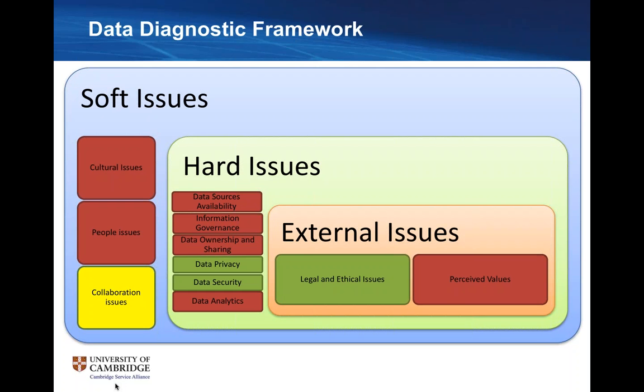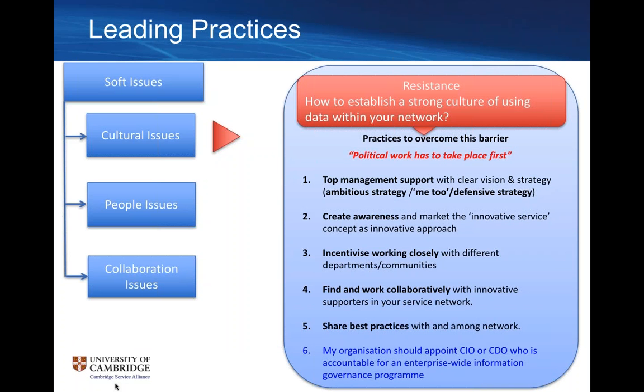So based on this, we came up with a lot of practices as well, in each of these dimensions. As I said, there are a lot of dimensions. Happy to share that with anyone interested. But just as an example of how we learned from these organizations how they overcome these problems: resistance, for example, which you can find as a culture problem, is a huge issue. So what do these organizations try to do to solve that problem?